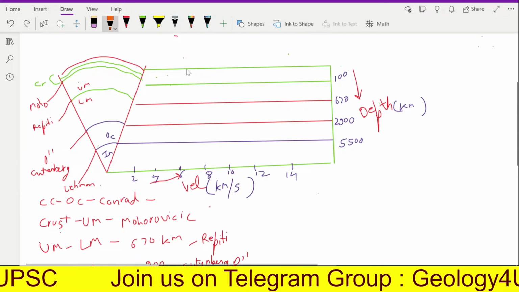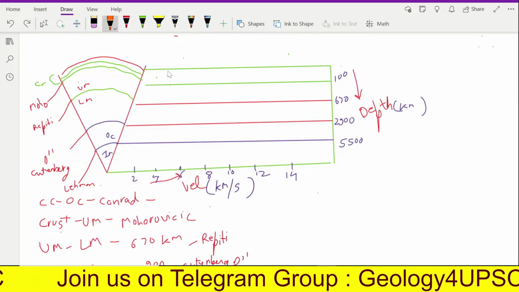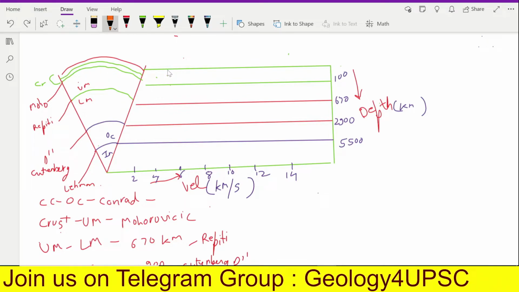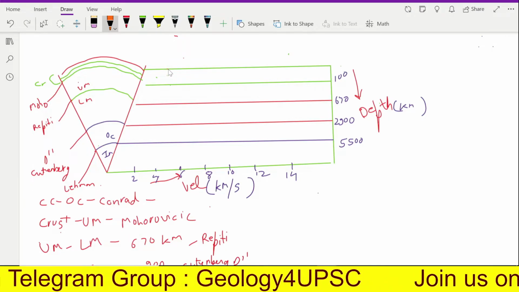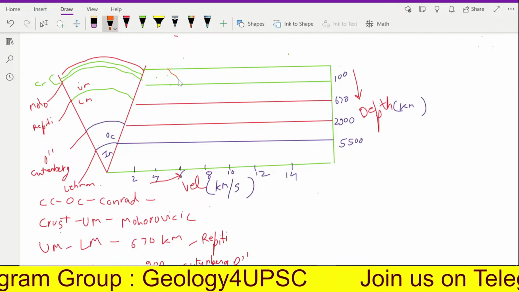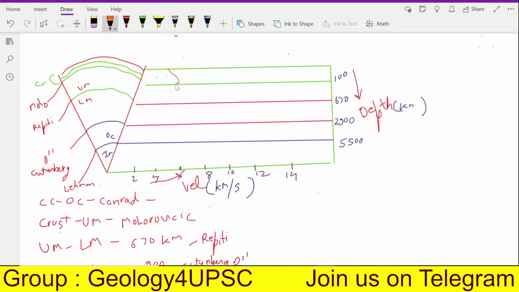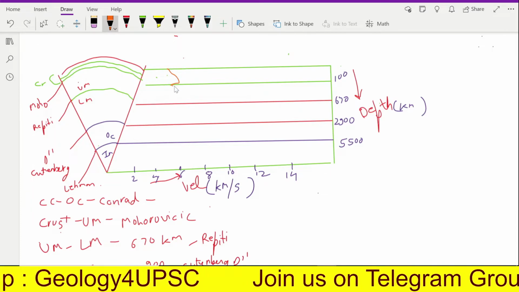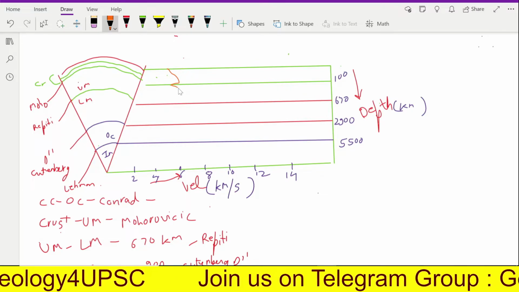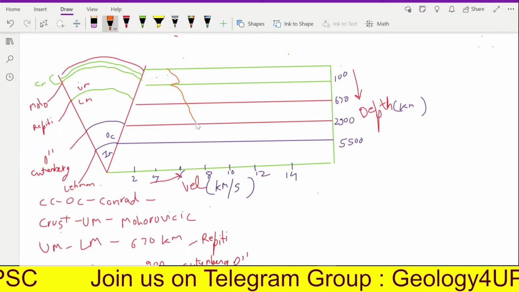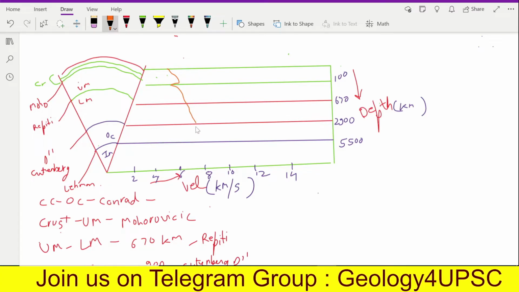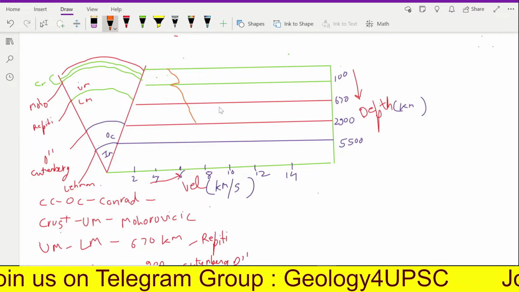As you know, the S wave starts from about 5 kilometers per second, goes maximum to 8 kilometers per second. So from the continental crust, start increasing the value like this, and then do a pullback, then again increase it slowly till the outer core. As you know, the outer core is liquid, so S waves will not cross here.